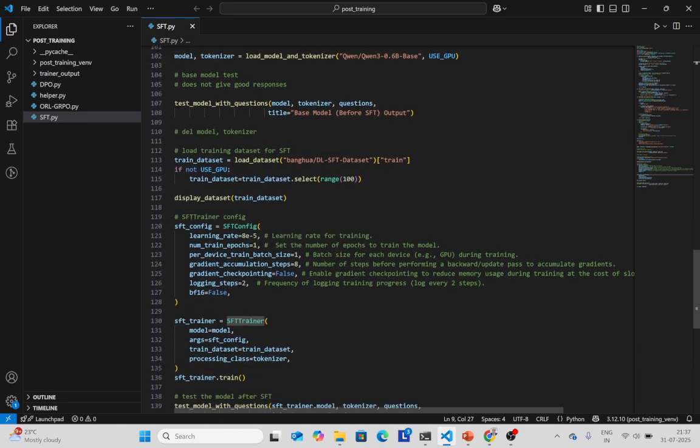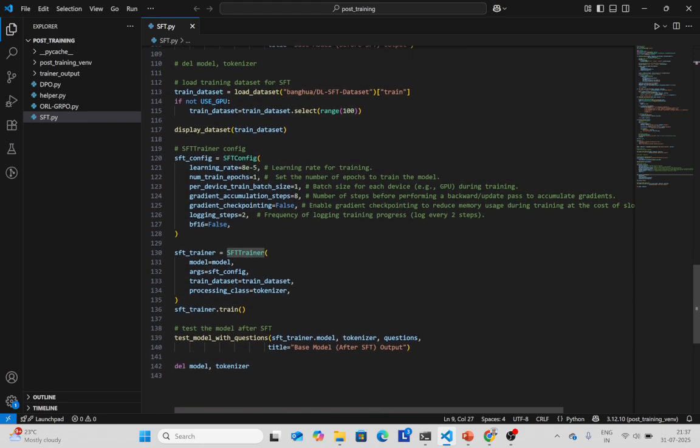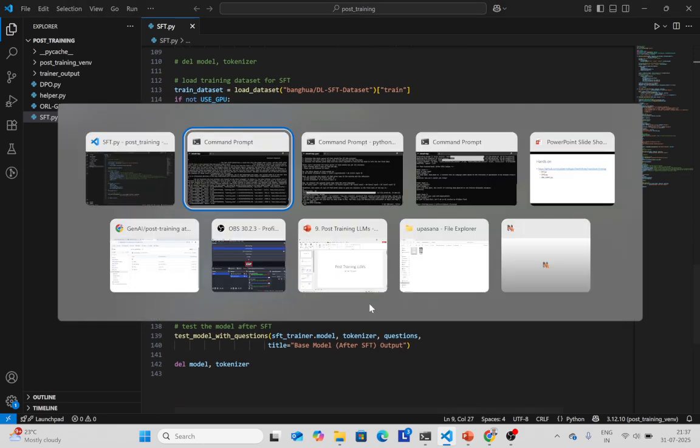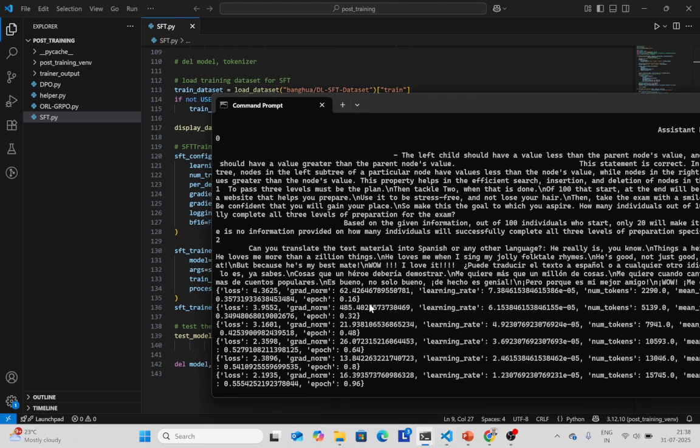Now, the moment I fine tuned this model, just with 100 samples, 100 rows, 100 entries,